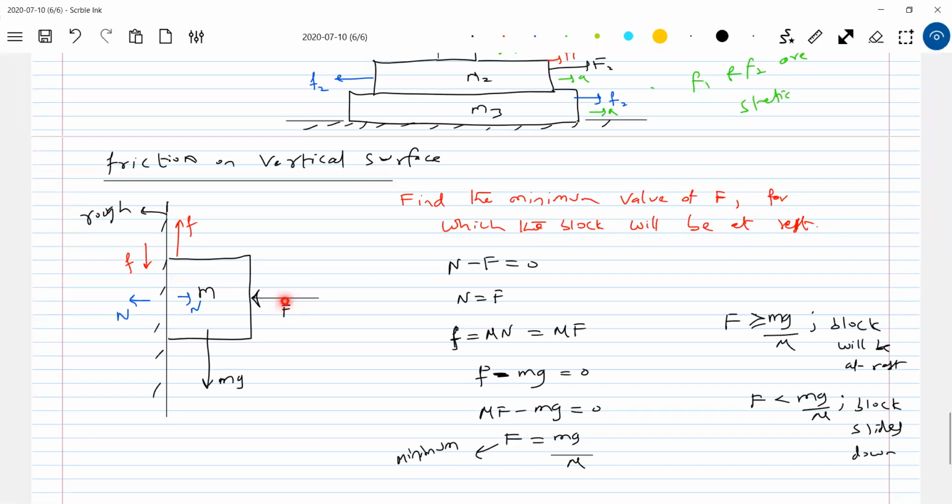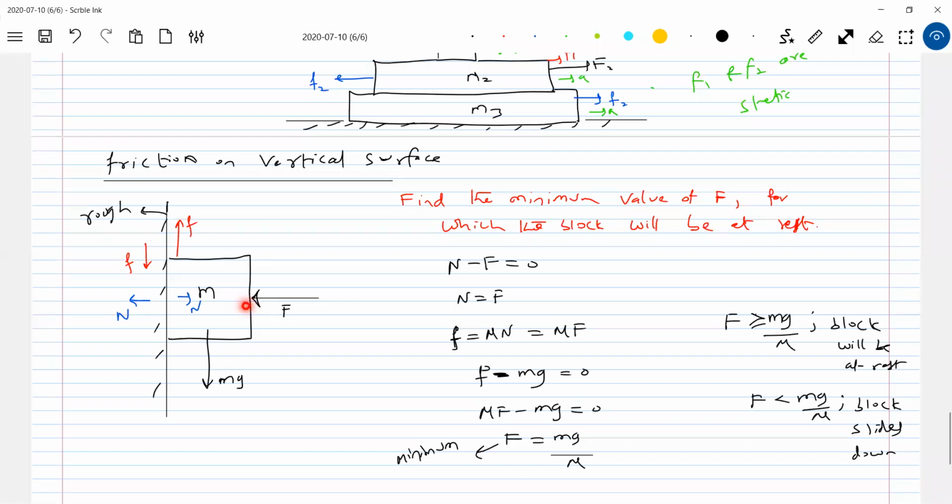As I increase the applied force, N will increase, then the friction can be greater than mg. On paper, mathematics justifies that. But practically, you press as much as you want, the block will never slide up. You can try at home, take some compass box or notebook. Press it against the wall. As you apply some minimum force, it will be at rest.